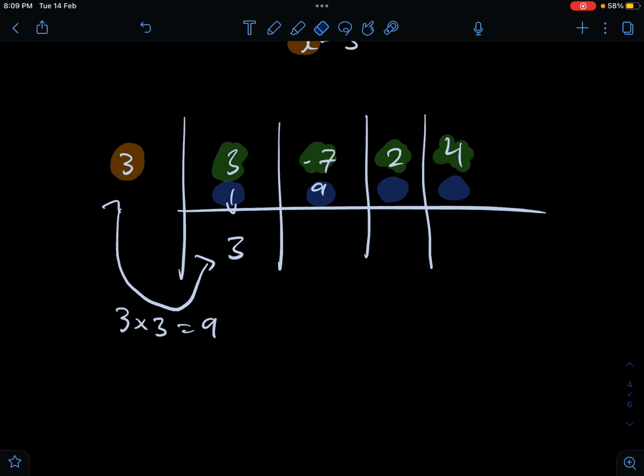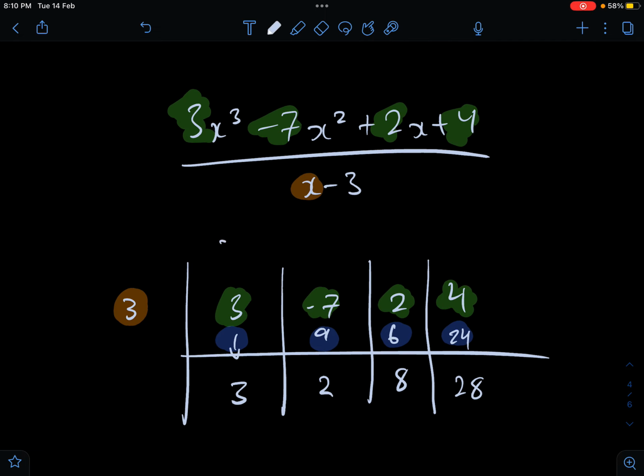Alright, let me just clean this up and work through it. 3 times 3 is 9, -7 plus 9 is 2, 3 times 2 is 6, 2 plus 6 is 8, 3 times 8 is 24, 4 plus 24 is 28, and this was our x squared, x1, x0, and remainder